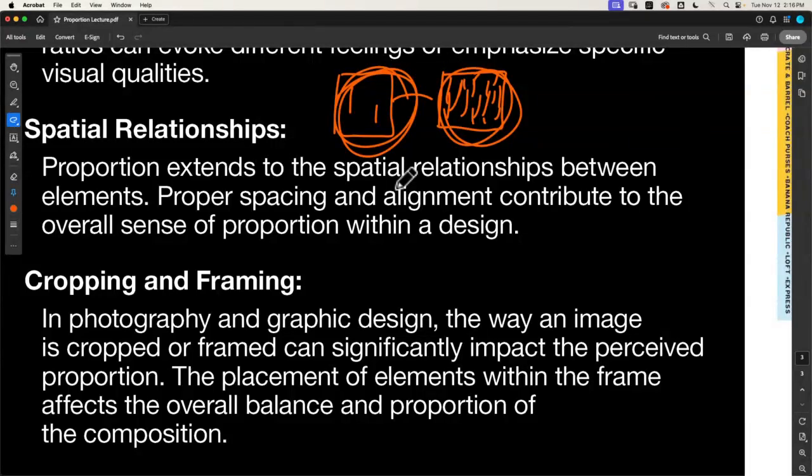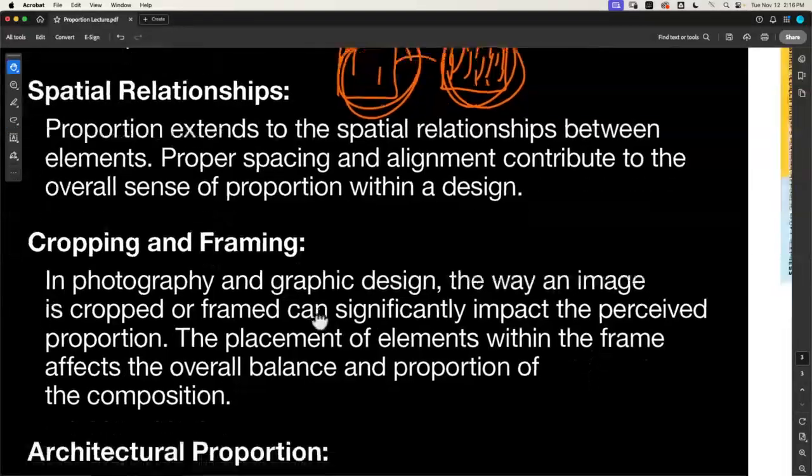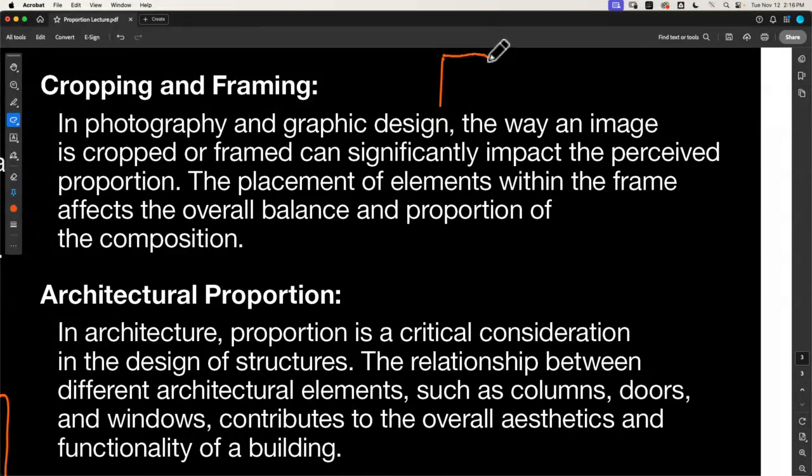And then last but not least, cropping and framing, or not. And I'll talk a little bit about this because this is fun in the end. Cropping and framing can change the look and feel of anything. I love using cropping. When you read the section in the book about framing,